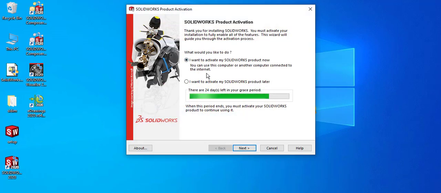Now here you have to click on this radio button because you are taking the trial version. I want to activate my SolidWorks. No, you don't have that permanent key. That's why you have to go with this. I have already used it for 6 days, so it is giving 24 days now. But I don't know, on my PC it is giving 30 days only, but it's written 60 days.